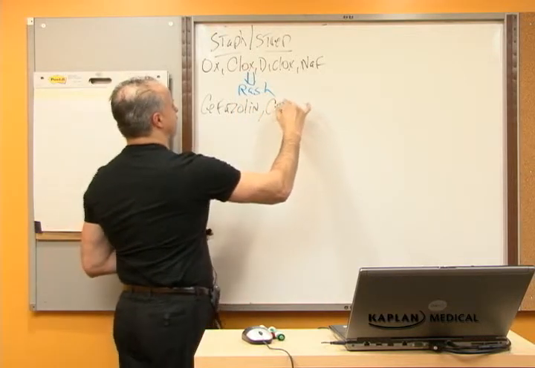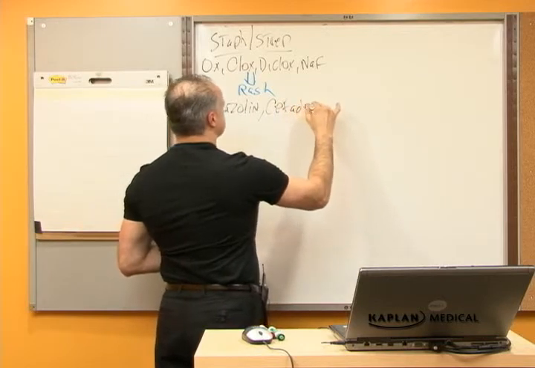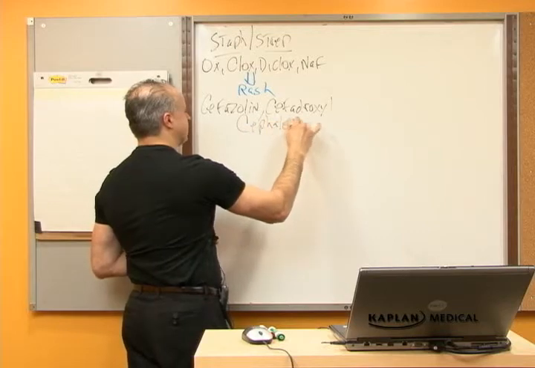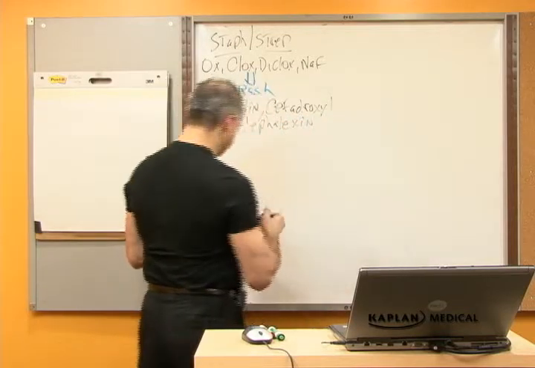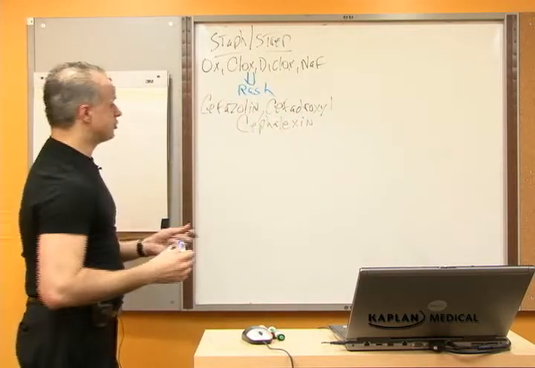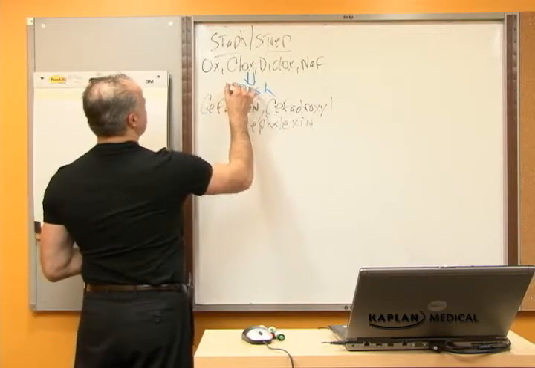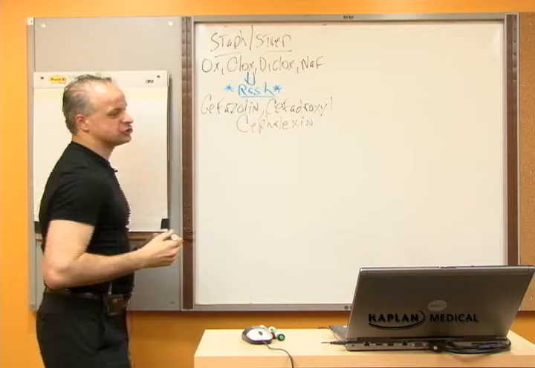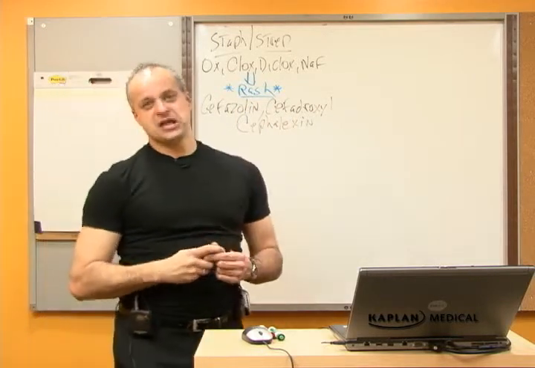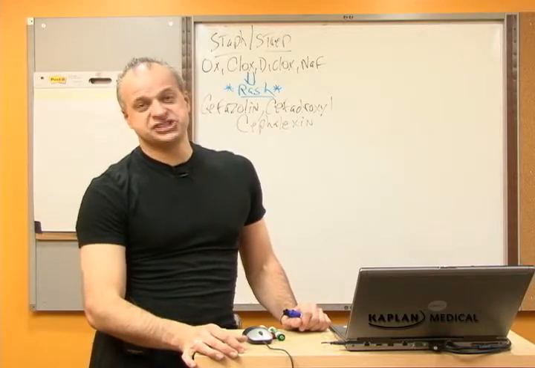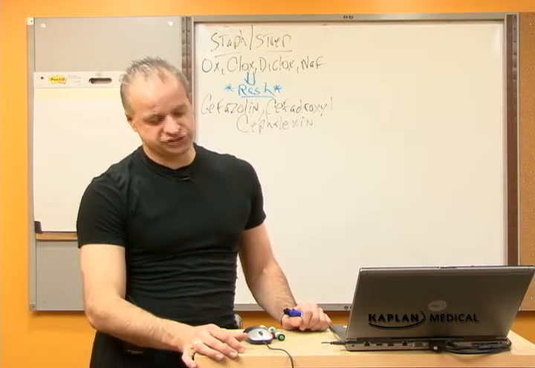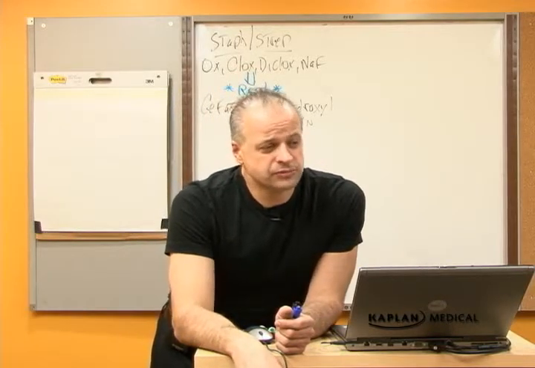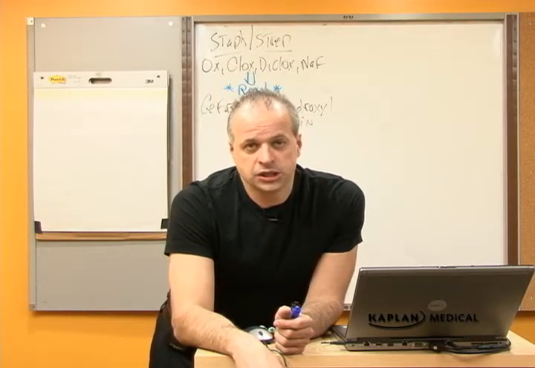You can use cefadroxil, another first-generation cephalosporin, or you can use cephalexin, another first-generation cephalosporin. Now, this is a big deal for some of you. You ready? If you have a rash to penicillin, you can use a cephalosporin without a problem. I know that some of you were told that there is a 10% cross-reactivity between penicillins and cephalosporins. Well, all I can tell you is that